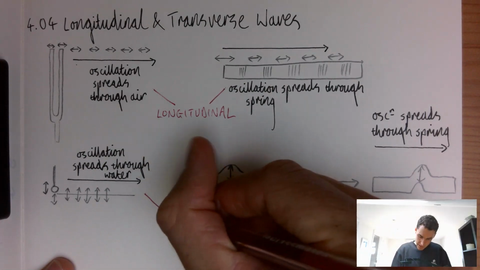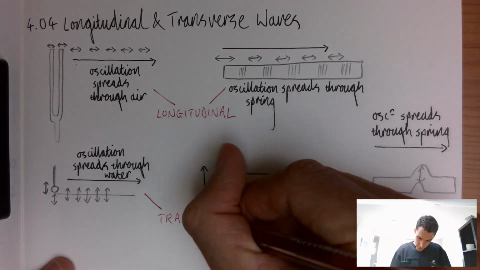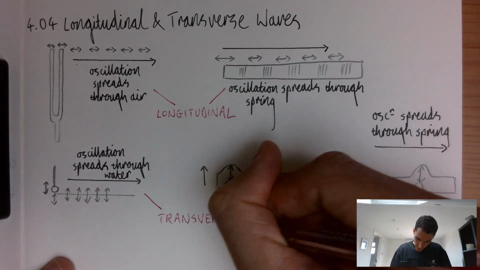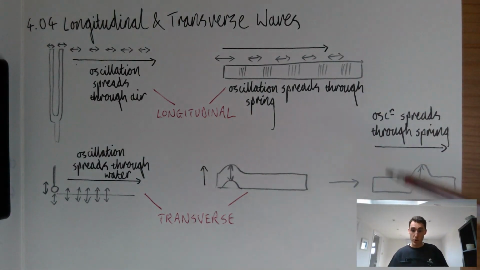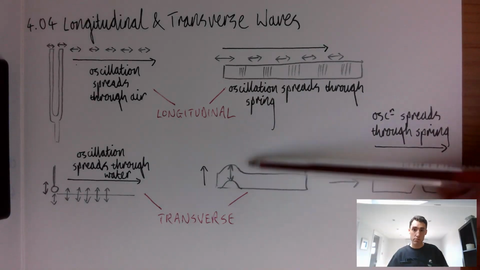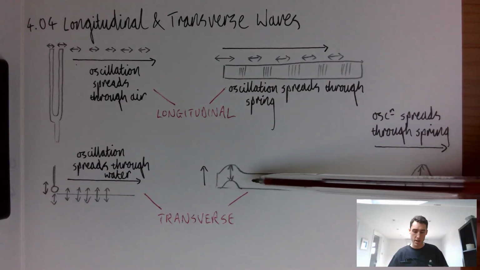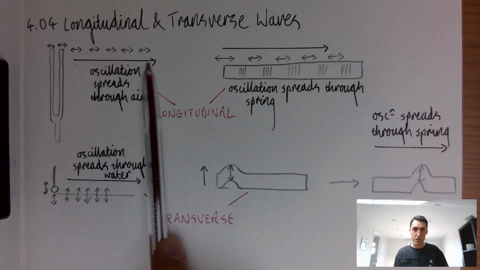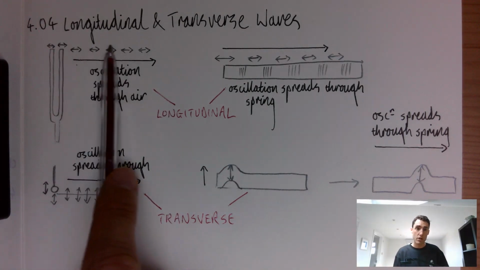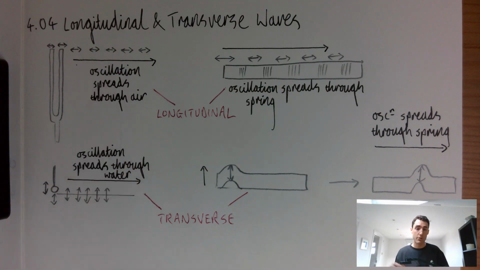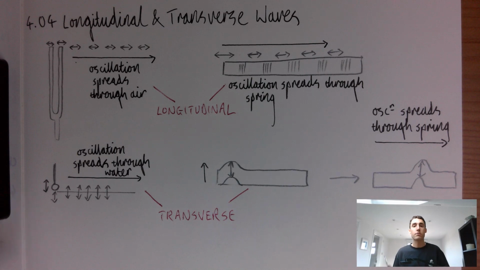And again, I would probably tell them verbally the difference between these is that transverse waves transfer energy that way, but the oscillations are at a right angle to that. They are perpendicular, we might say, whereas in this case, the oscillations spread that way, but the oscillations themselves are back and forth. They're parallel to that. They're in the kind of same direction. And that should be enough to get students thinking about those definitions,